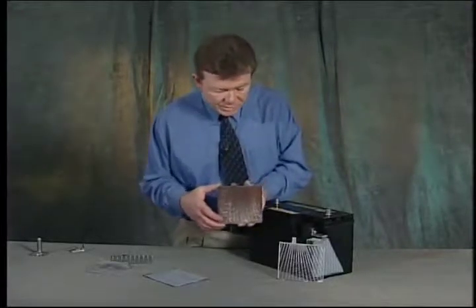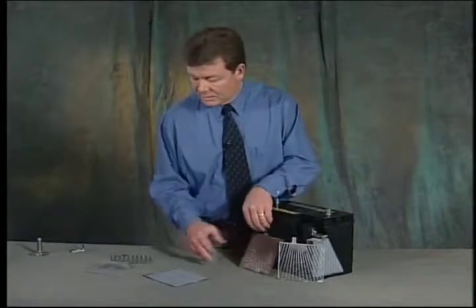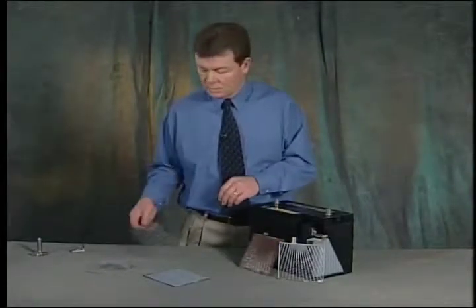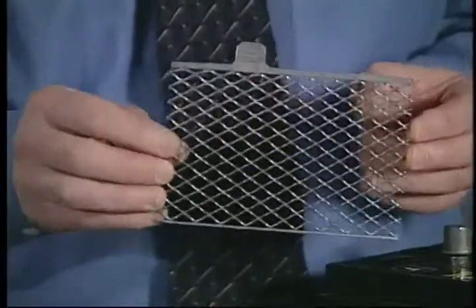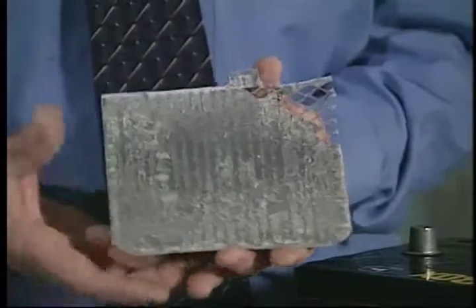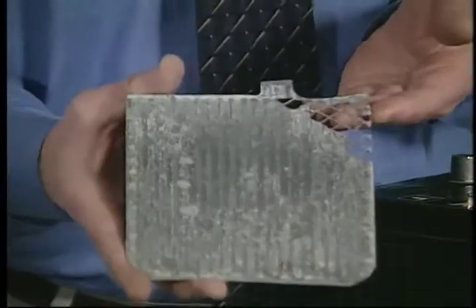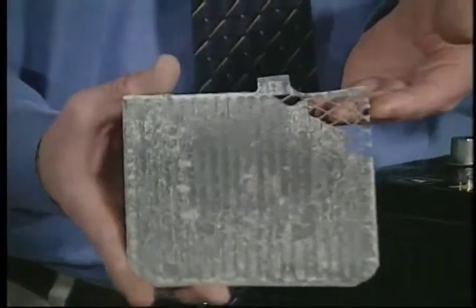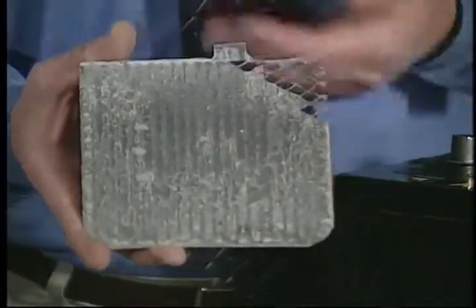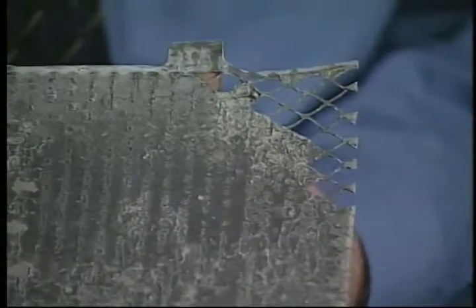When we talk about the way that the paste is adhered to the grid, and we compare that against our competitive batteries, we have, again with the expanded metal grid, and that being pasted, a grid design here which, comparably speaking, does not hold the active material in place as well as the John Deere plate design. Consequently, you do not get the energy out of the battery that the paste is intended to provide, and the